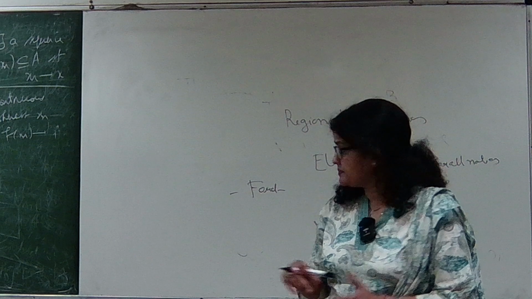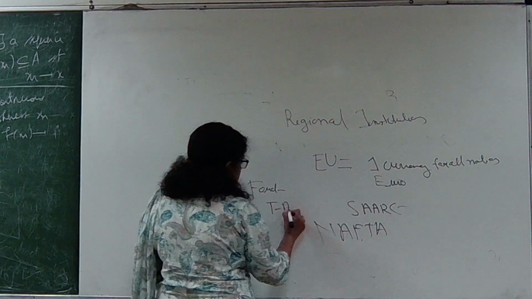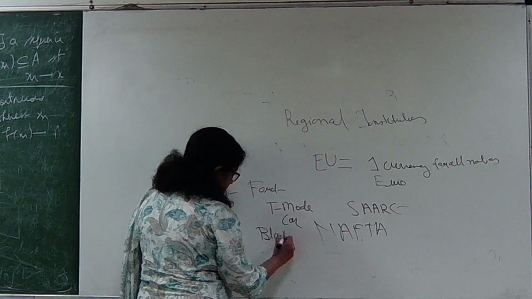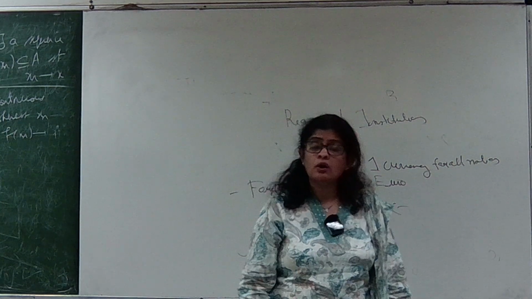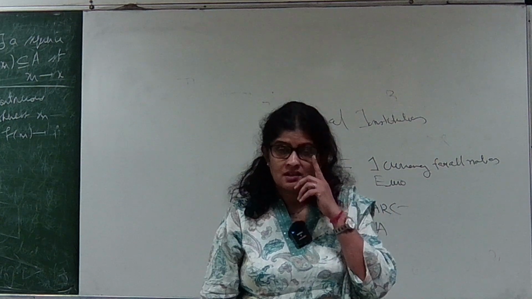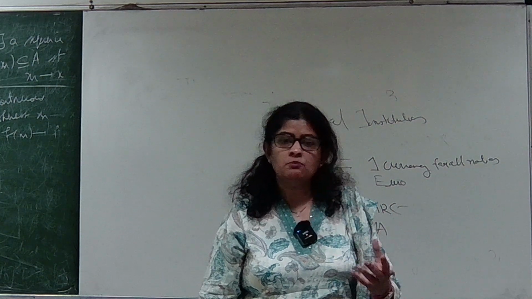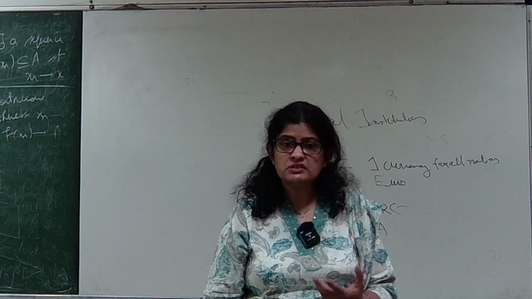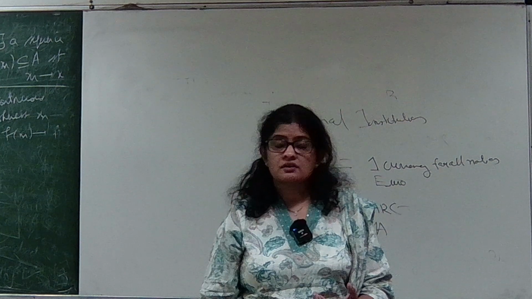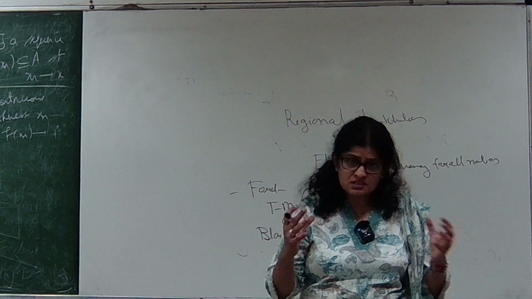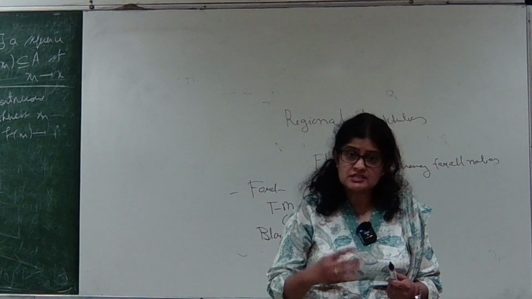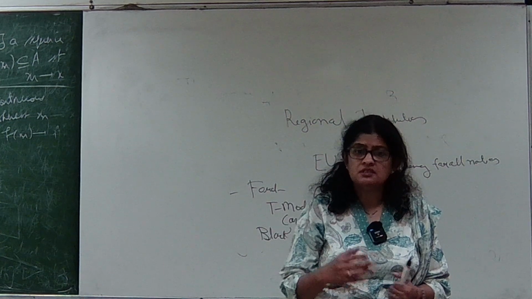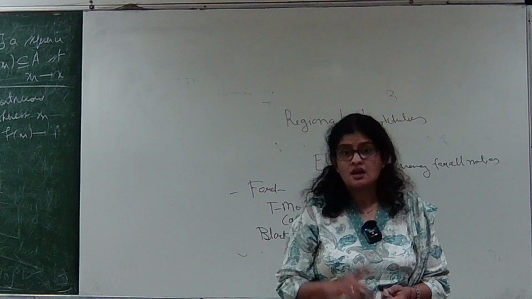There was one Model T car in black color. The color was black, sold for decades. The same model sold throughout the world. This is what is known as going international. This is what is known as economies of scale. So business grows with the help of regional institutions, with your product, and with the technology that helps in enhancing the product and services. But try to remember,